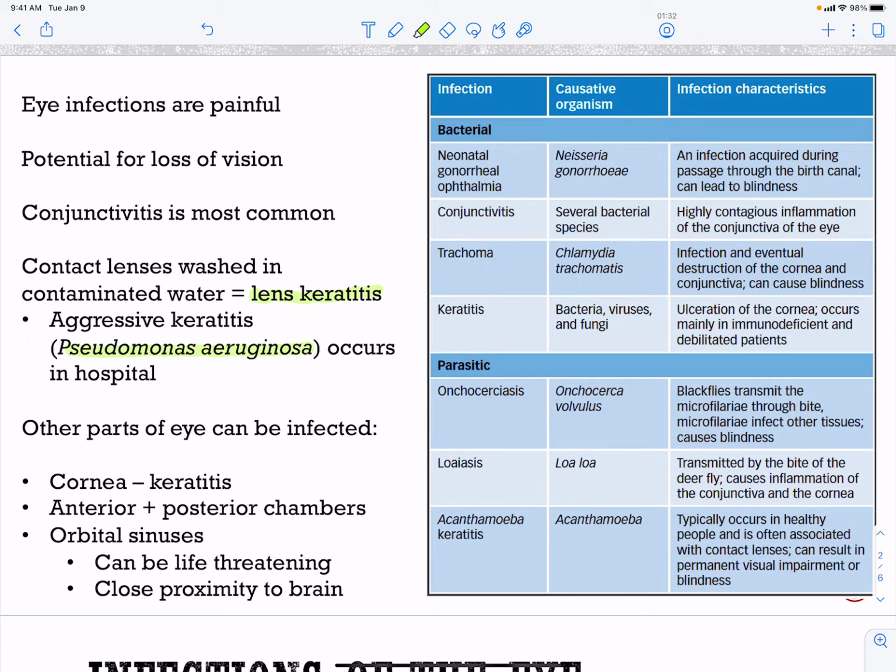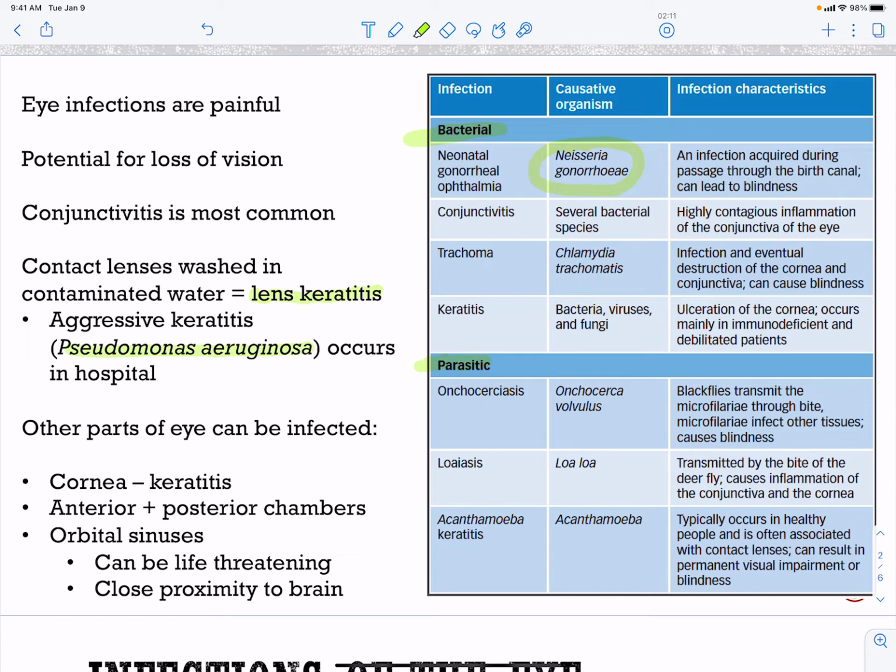Okay, so with respect to infections, we have our bacterial causes and our parasitic causes listed here. So our bacterial causes are for our neonatal, which we'll have a talk about, is Neisseria gonorrhea. So this is a very severe infection for neonates, and this is one of the reasons why when children are born in the developing countries, they are given antibiotic eye treatments immediately. And that's because a woman who has Neisseria gonorrhea may pass this on as the child's being born through the